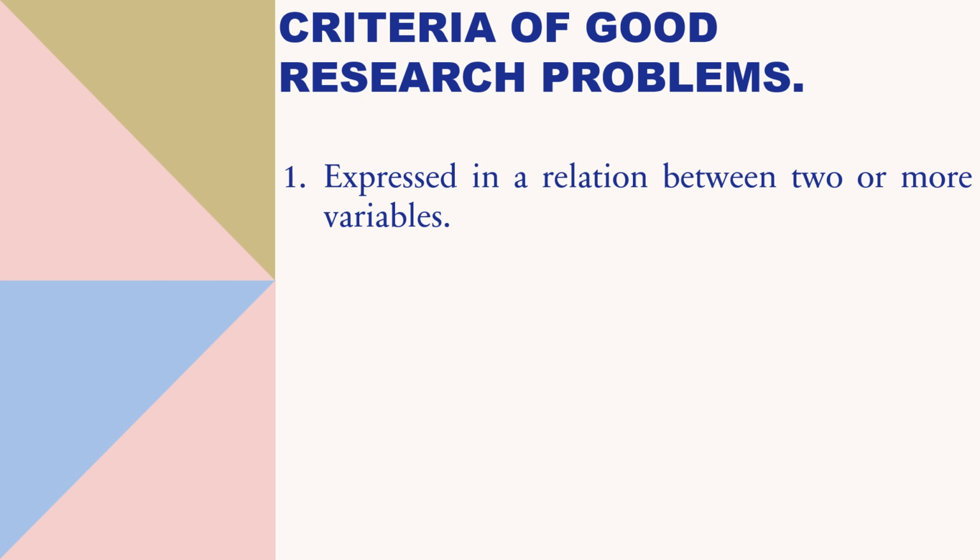Of course, we shall look more at the variables when it comes to theoretical or conceptual framework and how they relate. But at the level of the research problem, it is important for you to think about the relationship between the variables that you are studying. They should be very clear in your research problem to make it good. Number two, it is important to state the research problem clearly and unambiguously.